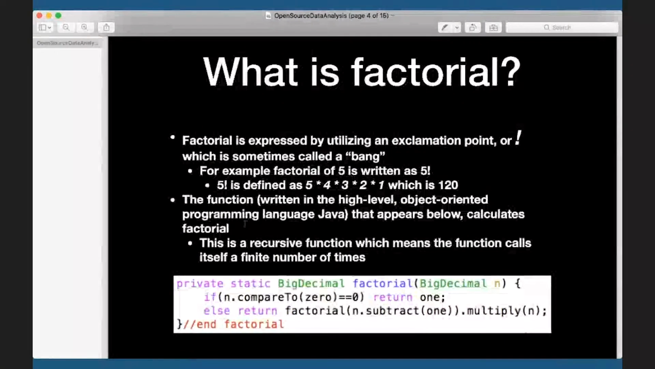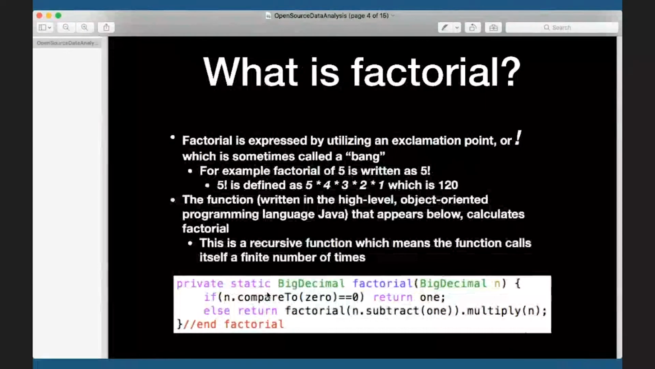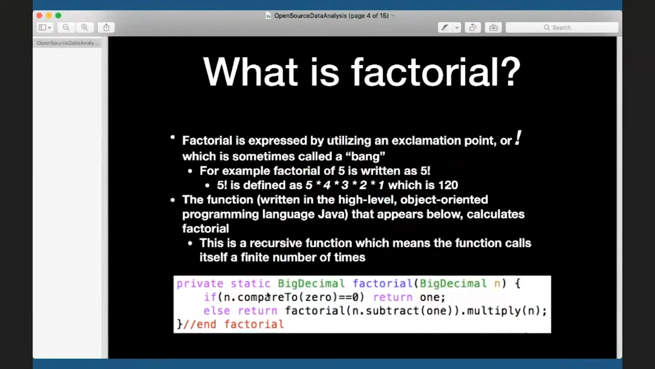And some of you guys may have heard of Java before. And so we can actually calculate factorial in Java in this manner. What we're looking at here is a function. And so in the world of functions, at least in the context of computing,